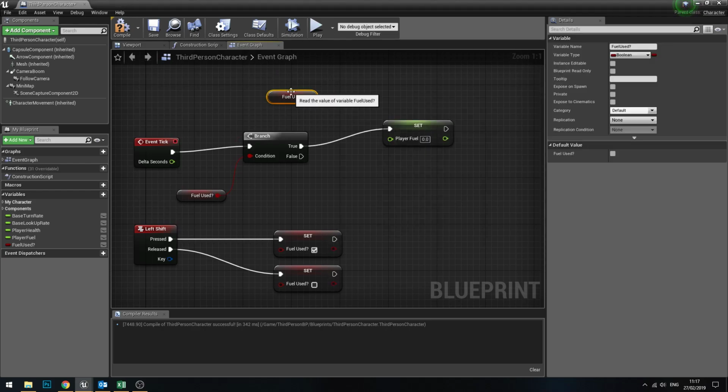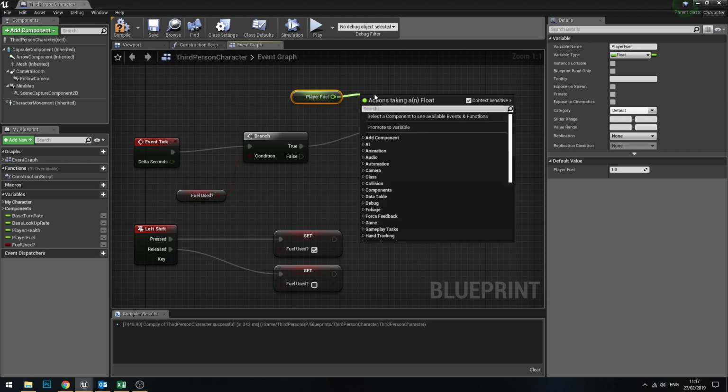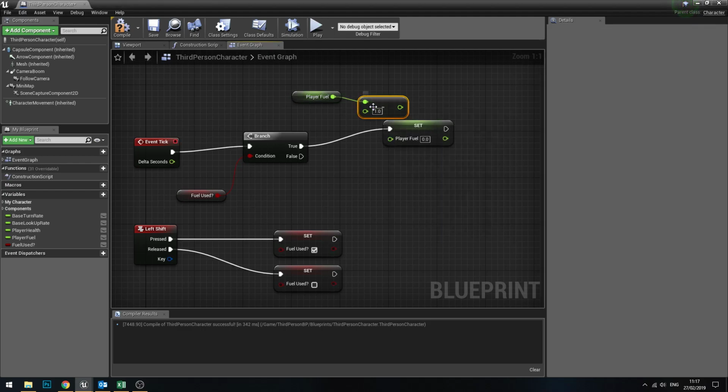Oh, sorry, wrong one. I shouldn't use fuel used. It should be player fuel get minus. So I'm not going to do 0.1. We'll do maybe 0.01 or 0.001. So that'd be 1%. That would be no, so that's 10%, 1%. Well, we'll start with that,